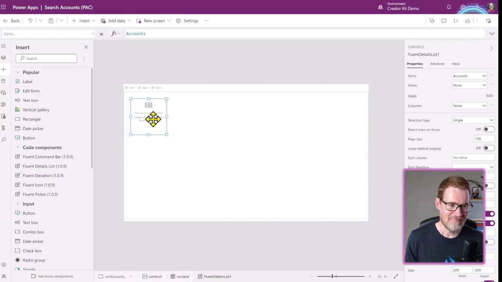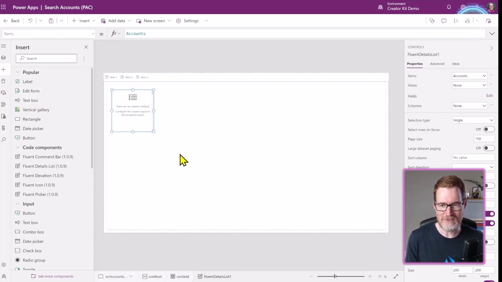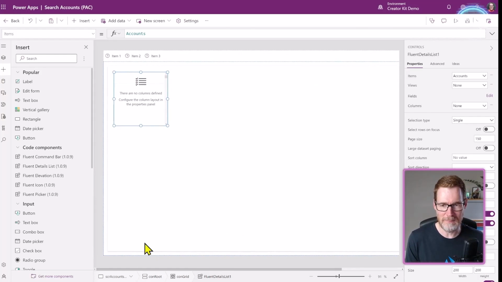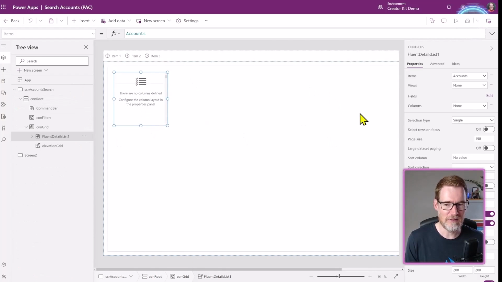But you can see that it's not actually displaying anything yet. So first thing is we want to position it so that it's inside this container and fills the available space. Now, once you're inside a standard container, it doesn't have that same dynamic width aspect that the parent container does.